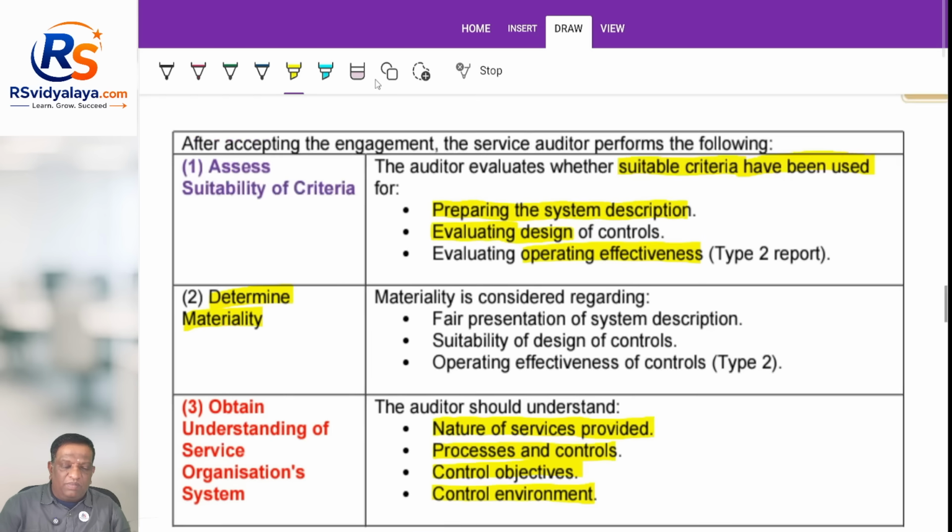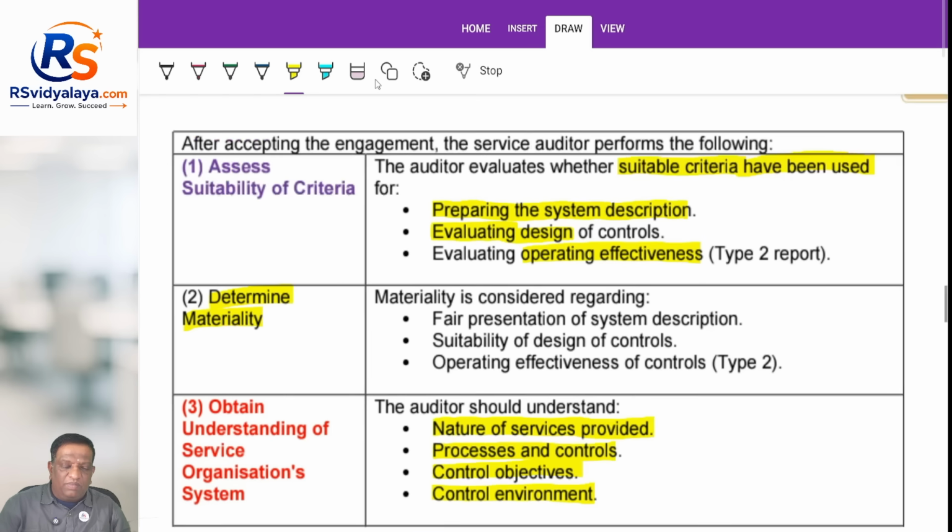Here also the same thing. So, this audit evidence was about the description of the system. Now, it is about the design of controls, whether the controls are properly designed and capable of achieving the objectives. Whether they have actually achieved them or not will come in operating effectiveness. But here, whether they are capable of achieving the stated control objectives, that is what will be reviewed.